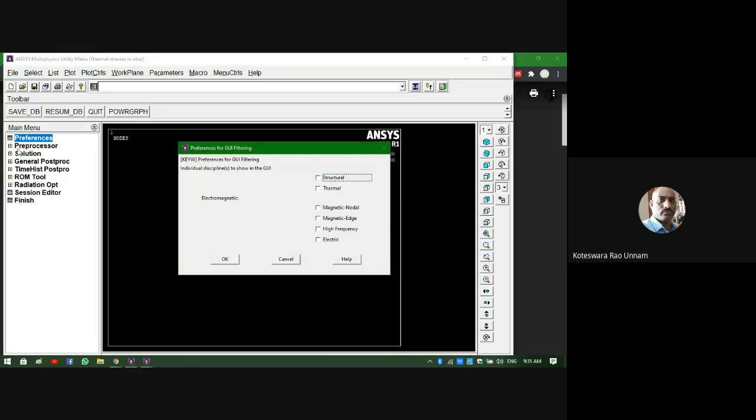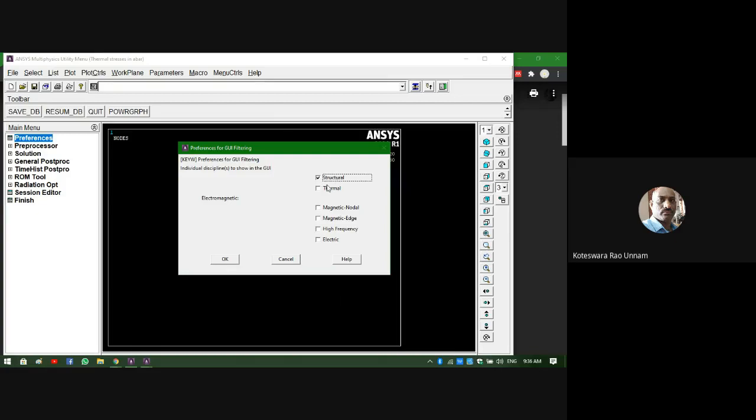This is nothing but setting what type of analysis you are carrying out, whether structural analysis, thermal analysis, or maybe electromagnetic, corresponding to electrical. Since our problem is structural analysis, if I select structural, it will retain only the things related to structural analysis, because the software has different modules, as shown here.